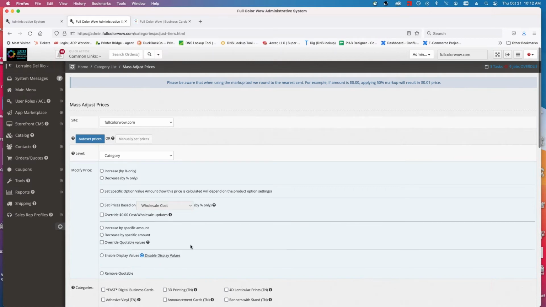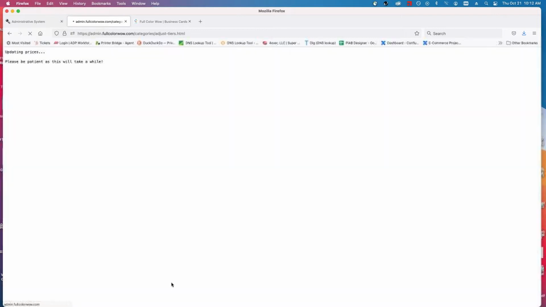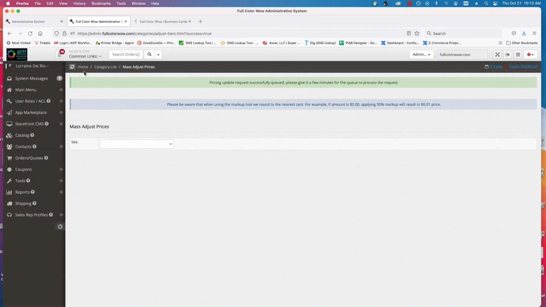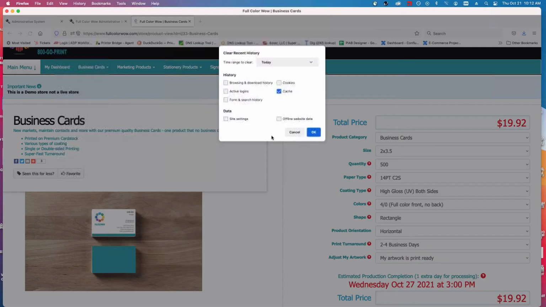Okay. So right now we're going to go ahead and select the 2. So I'm going to select I need double side, and I'll hold down my command key and then choose I need single side. So these are the 2 right here that I am disabling. I'm going to go up and just double check that I have it disabled, and yes, I do have it disabled here. Okay, I'm going to go ahead and hit submit,